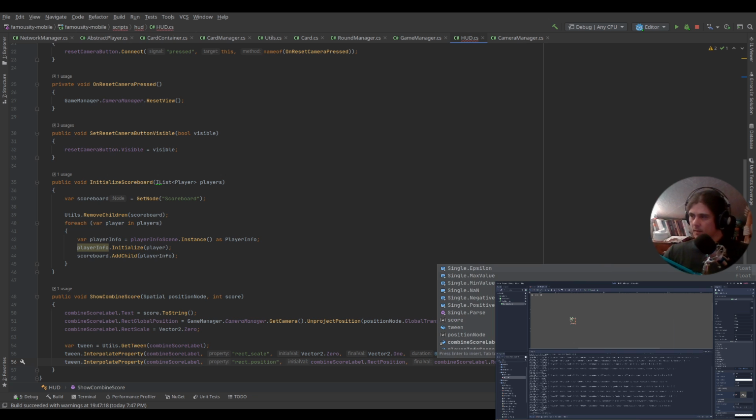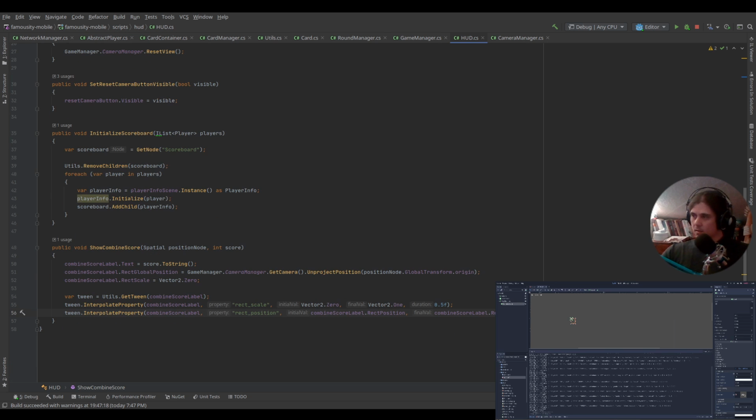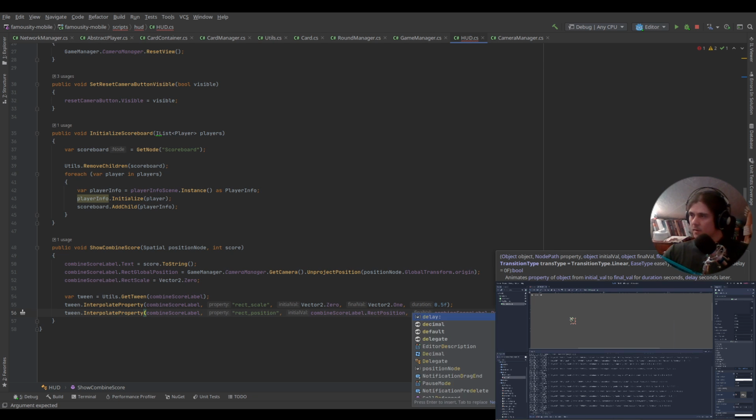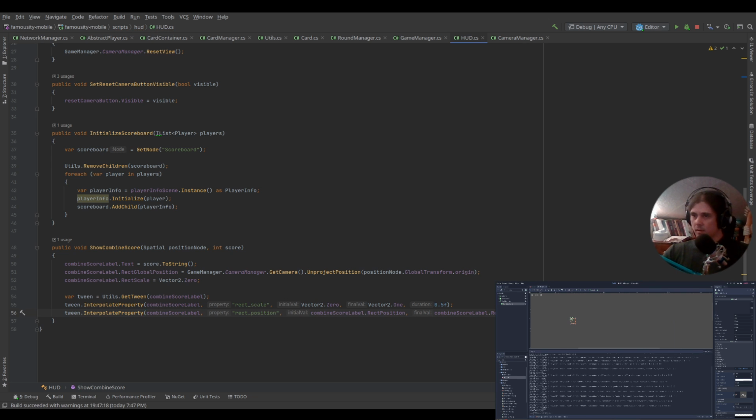So 0 on X, and maybe, I don't know, let's try 100 for now. So this will be duration. This might take 1 second, and we will also use a delay here of 1.5 seconds. So it will be started just after the scaling, and one more tween will be doing